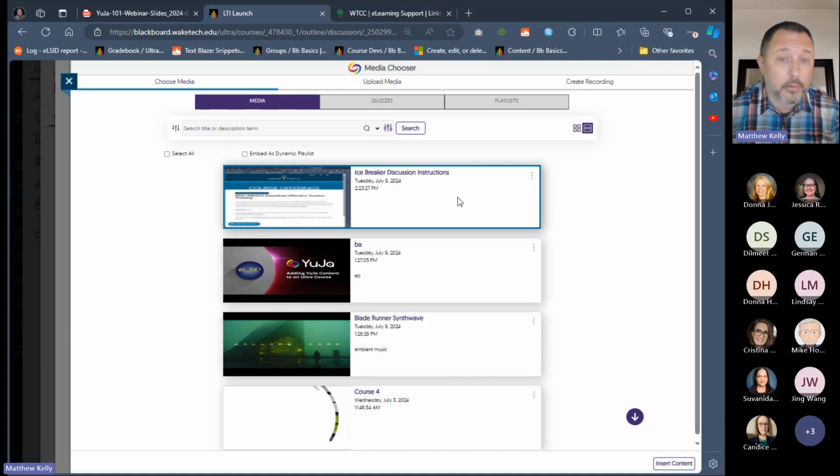But if it is a longer recording, if it's a 30-minute, 60-minute, or longer, it's going to take quite a while. In that case, it's probably going to take maybe an hour, maybe two, maybe even longer. So just keep that in mind when you're recording your videos. If you have hour-long videos that you're recording, you're really going to need to work in that time for the rendering and the processing of that video on YuJa's end of things.